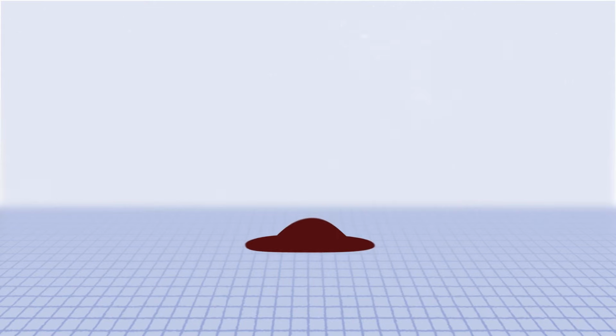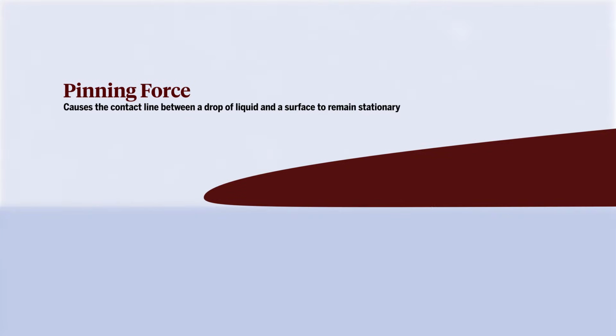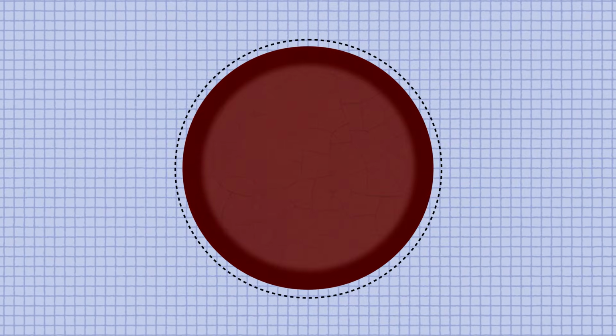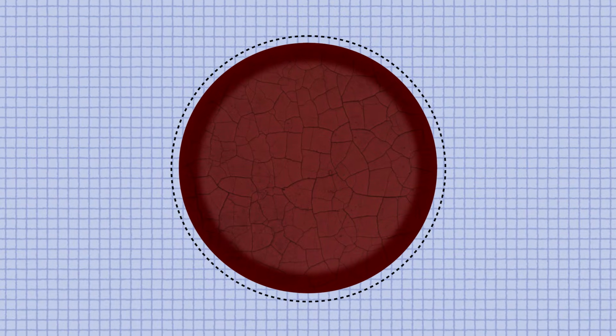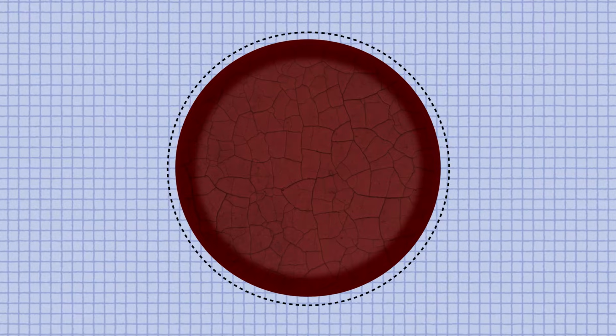What prevents this is a phenomenon called pinning. When the blood stops spreading, microscopic irregularities in the surface will latch onto the edge of the fluid, effectively pinning the edge to the surface. Where the edge gets pinned will ultimately form the perimeter of the stain when the blood dries. Because blood obeys the laws of physics, detectives can be confident that it will always behave this way, given similar conditions. Except that sometimes it doesn't.